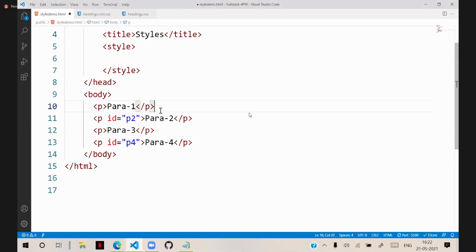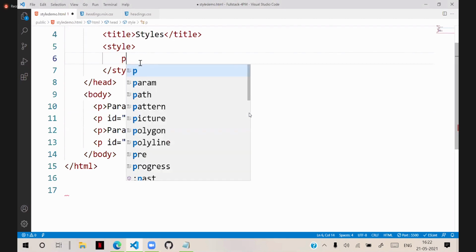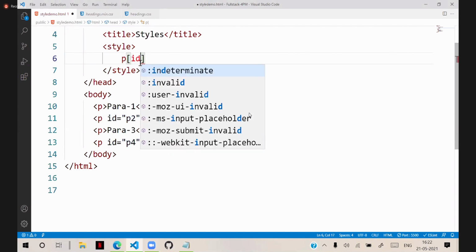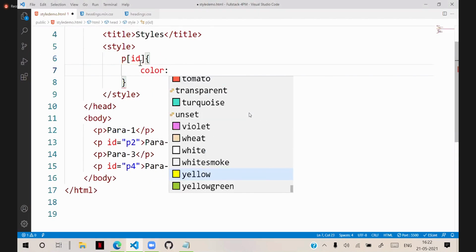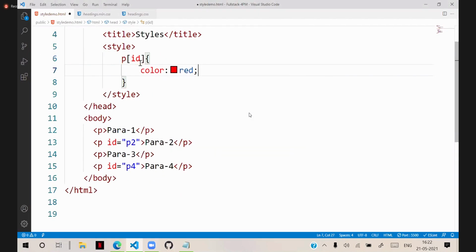Let's continue. For the paragraphs which have an ID, we need to apply the style. So we will do it like this. P is the element and the attribute is ID. If it is having the attribute ID, then we will put the color as red.